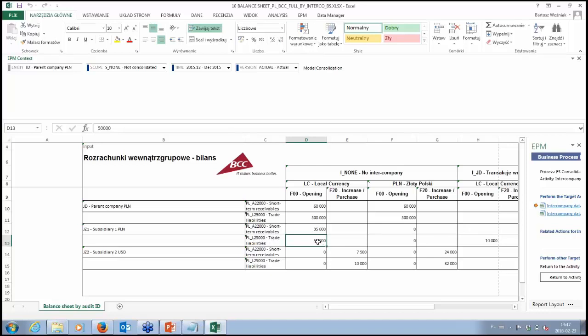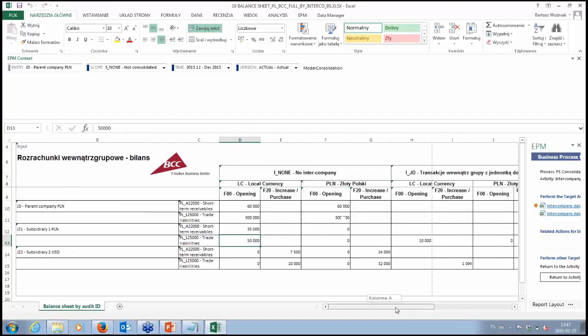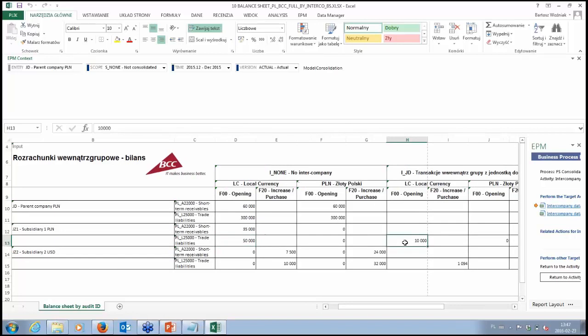And we can split this figure and look, for example, that we have 10,000 liabilities combined with the parent company